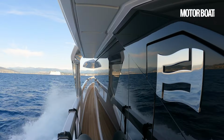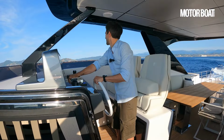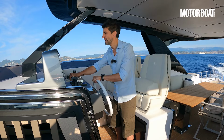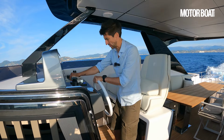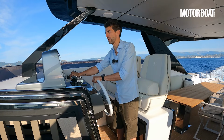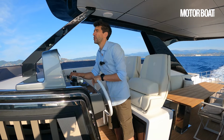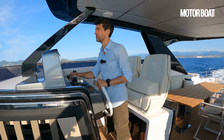at all. As a long distance explorer yacht though, it's not just about protection, it's not just about visibility, it's also about cruising efficiency. And if I ease her back, that's quite telling. Now we have fuel capacity around about 8,000 litres here on this boat, which is very substantial. And if you're happy to just pootle along at 7 knots, we're only drinking a combined total of 3 litres per nautical mile. So we've got a range accommodating 20% redundancy in those tanks, well in excess of 2,000 nautical